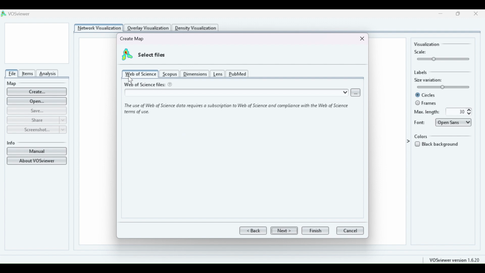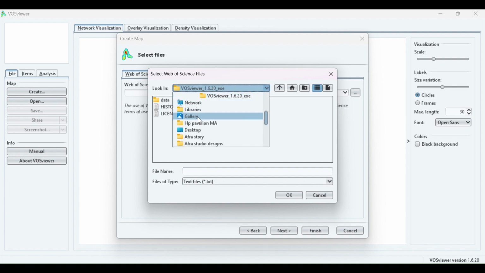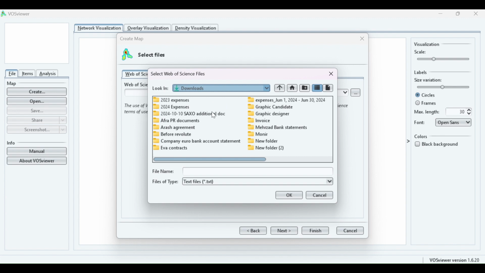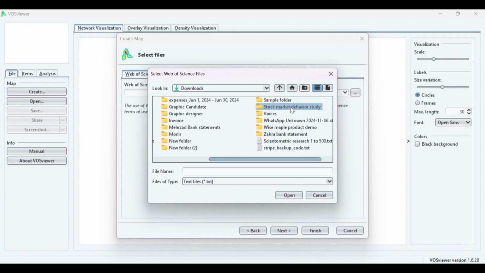On our study, we download information from Web of Science. So Web of Science is here. We're going to select the files that we have. I'm coming out, searching for our folder, stock market behavior study,